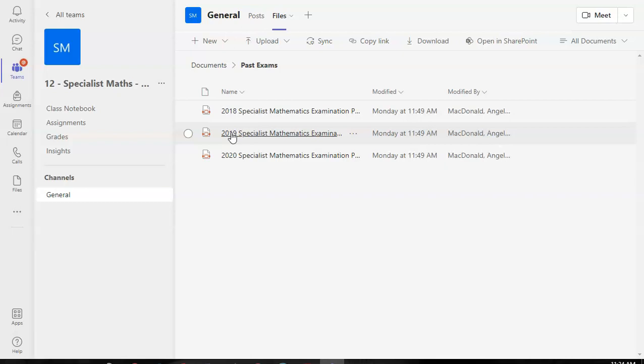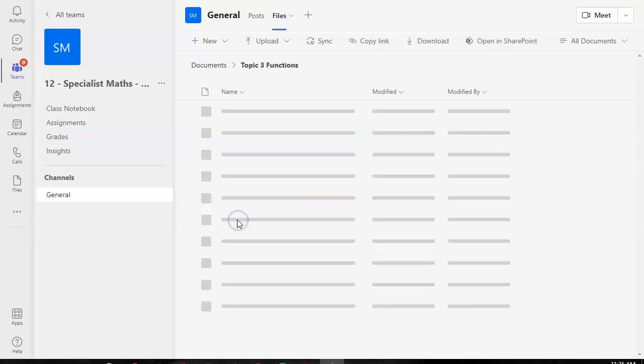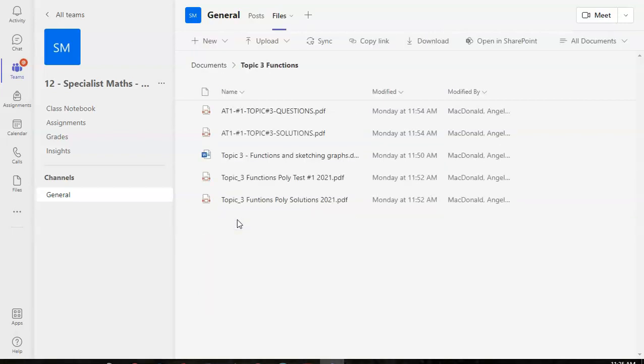The bits that are helpful I'll photocopy and give to you. But you're probably better off having a look at some of the previous tests. So if we've got functions, you've got a couple of tests that you can go back and have a look at. Yeah, okay. So just keep that in mind. Don't get panicky about not having your revision guide. This is what you really need in term 3, once we finish the course and you just go your hardest.